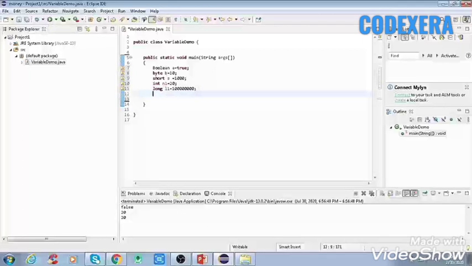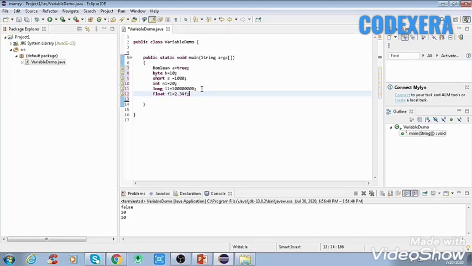And after the long data type, the next data type is the float data type. The float data type is a single precision 32-bit IEEE 754 floating point. It is recommended to use a float if you need to save memory in large arrays of floating point numbers. We declare a float with the keyword float, f1 is equal to, and we can write here 2.31.